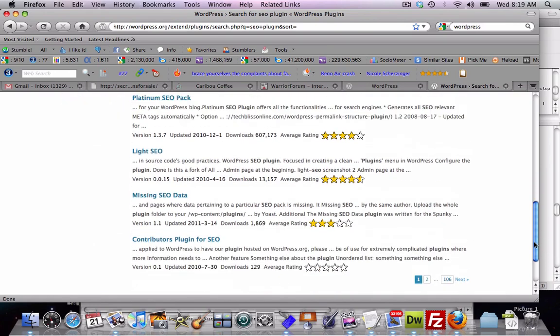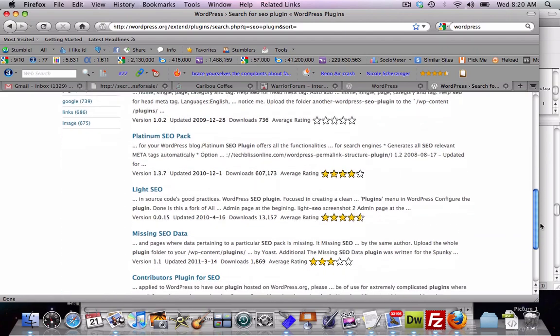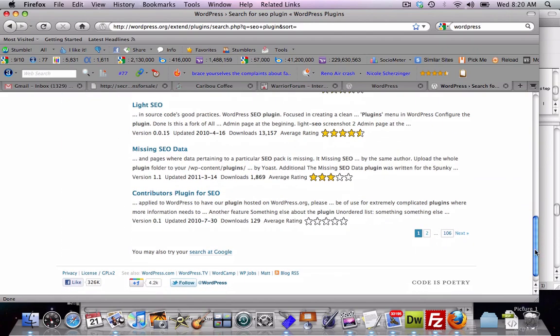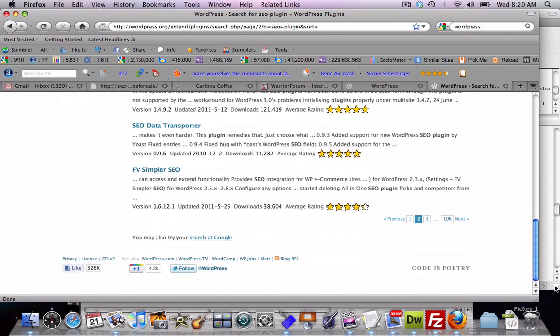Okay, so we've got a number of these, and I can't say that any of these would necessarily be bad choices. They might all be good choices. They're ranked with stars and that kind of thing, and so you could download those. I've already kind of chosen one that I plan to use here, and I think the easiest way to get to this would be the second way that you could search, and that would be just to use Google, and you could type in